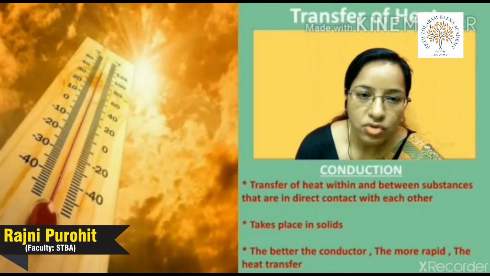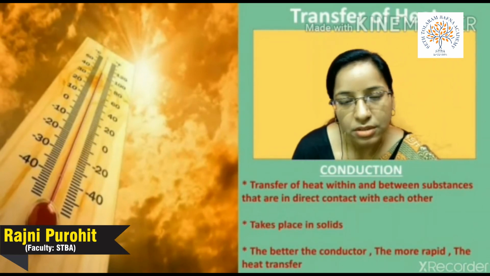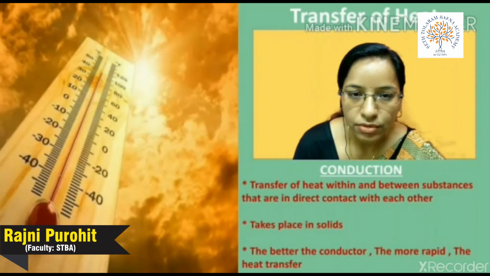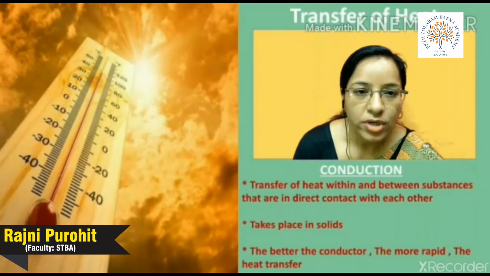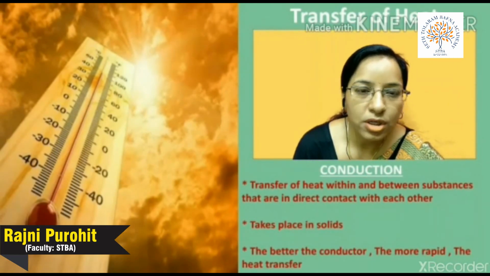As the iron strip gets heated up, the wax piece nearest to the flame will start melting and fall off. Then gradually the heat from the end nearest the flame starts passing to the other particles,